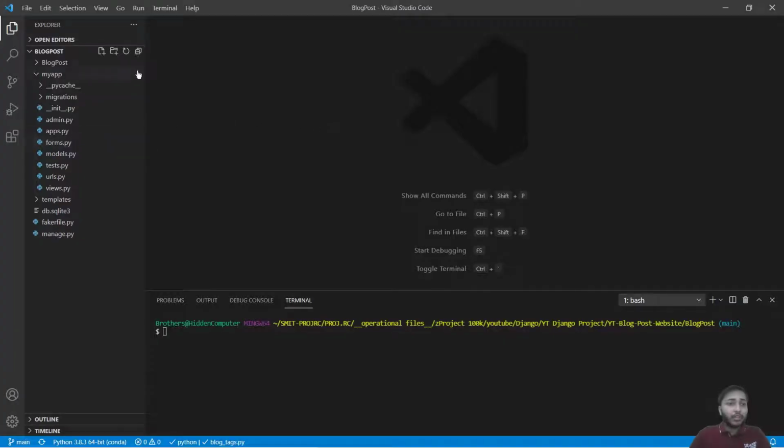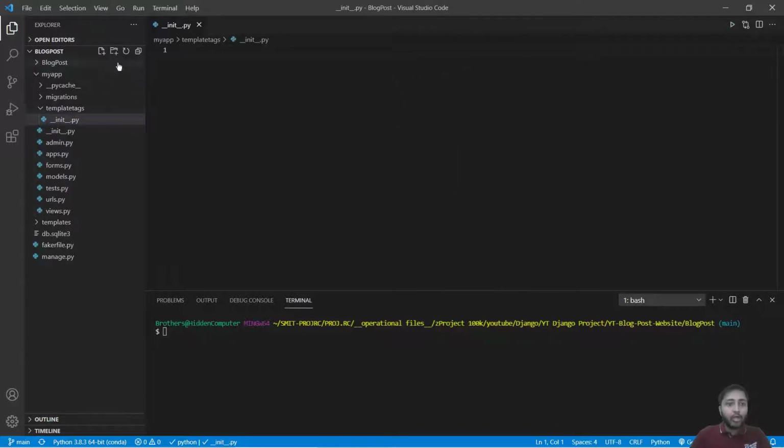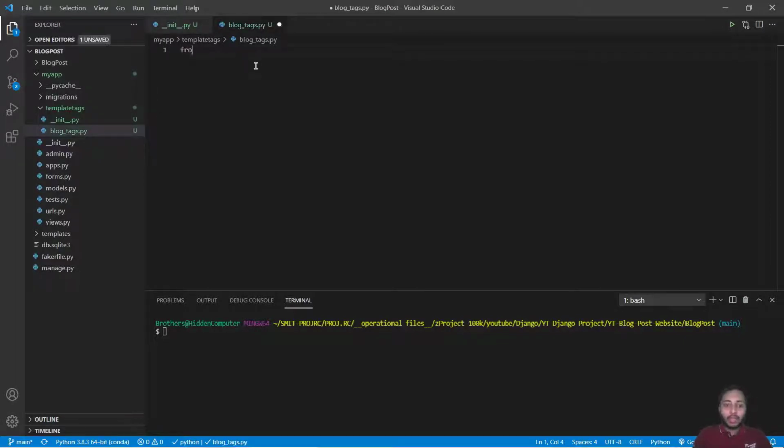At first, we need to create a folder inside my app. I will call it templatetags. Inside that, I will create a new file __init__.py to create a module, and another file called blog_tags.py. Now inside blog_tags.py, you will say from